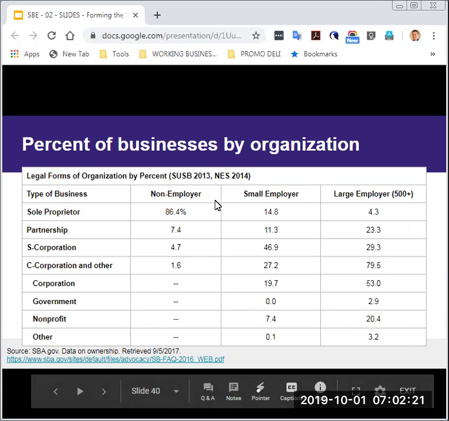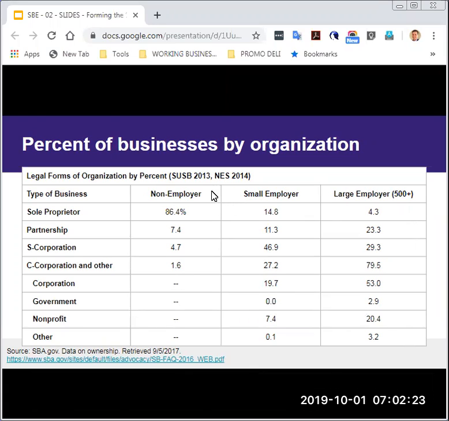For non-employer businesses, these are businesses where the company hires no employees. It's only owned by one or more people. Most non-employer businesses are sole proprietors. So this data shows that sole proprietors are about 86% of non-employer businesses.